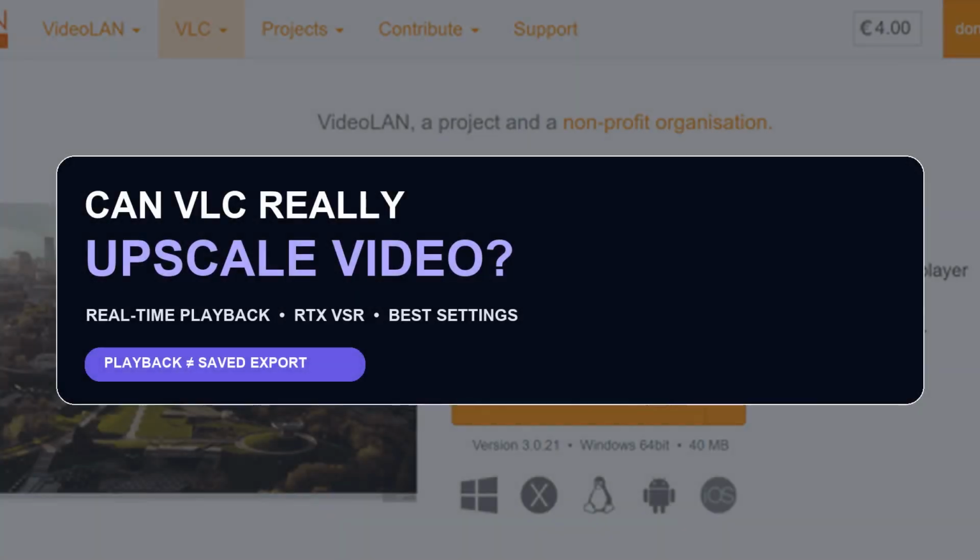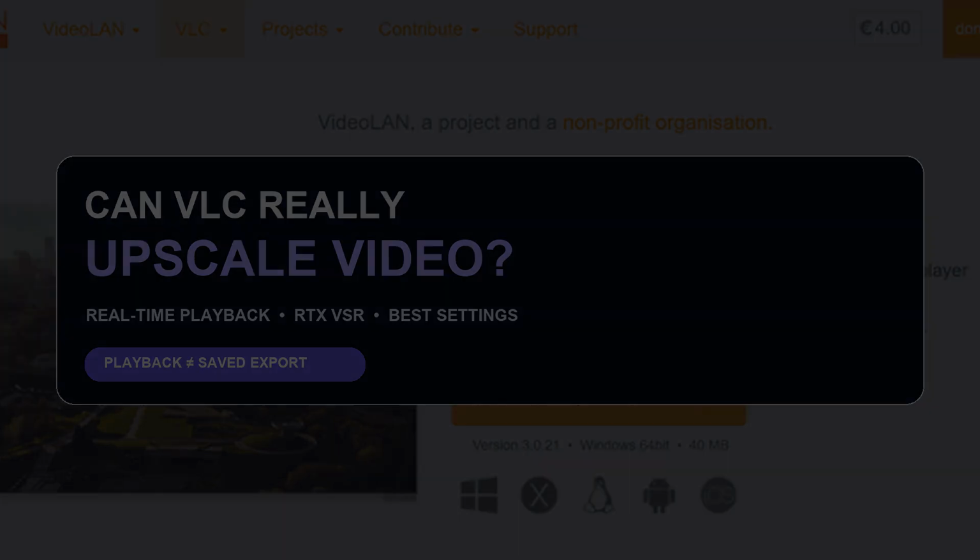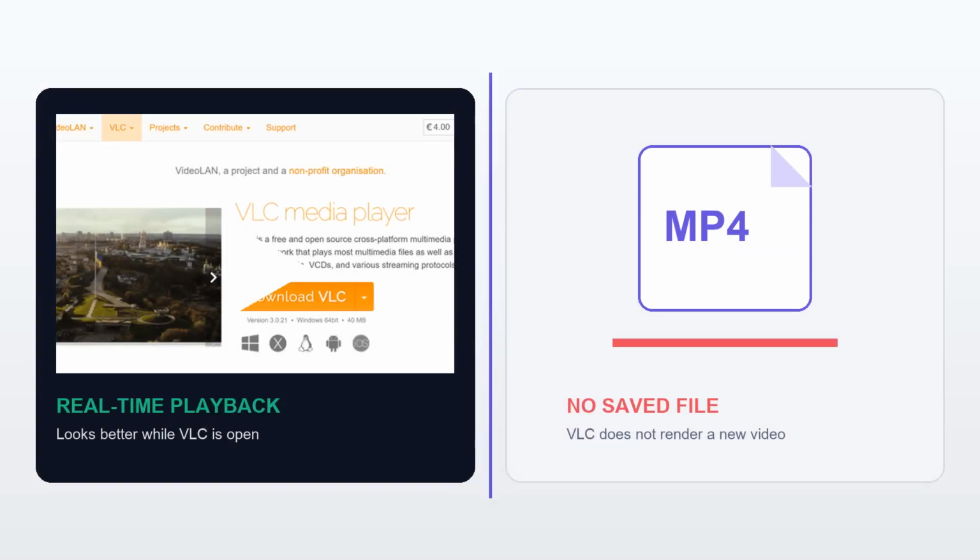Can VLC really upscale video? Yes, it can improve playback in real time, but the result is not exported as a saved upscaled file. That distinction matters. VLC changes how the video looks on your screen, but it does not render a new MP4